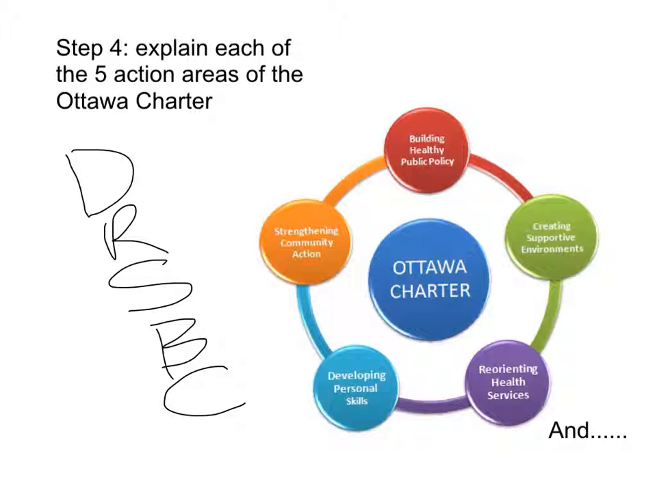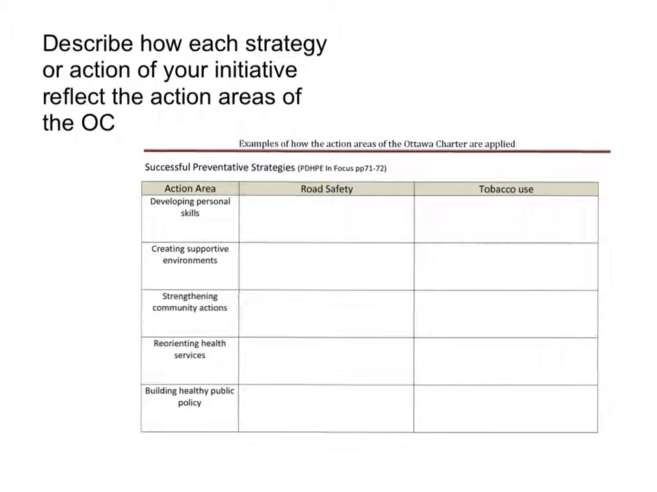You need to explain what each one of these action areas stands for. What does it mean? Now, describe how each strategy or action area of your initiative is reflected in the action areas of the Ottawa Charter. Now, if we were talking about a road safety initiative, whether it be to do with drink driving or slowing down the road, or any other area about road safety, we would look at it in terms of